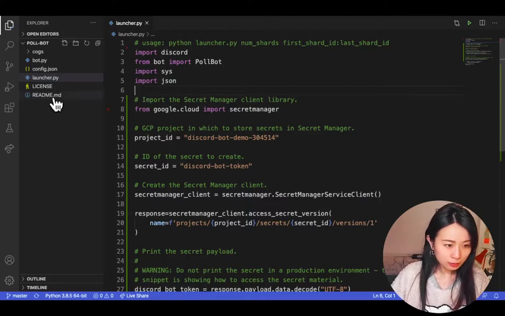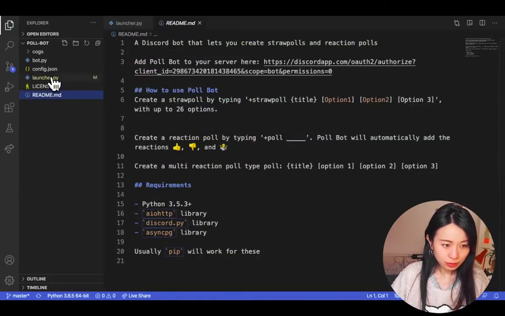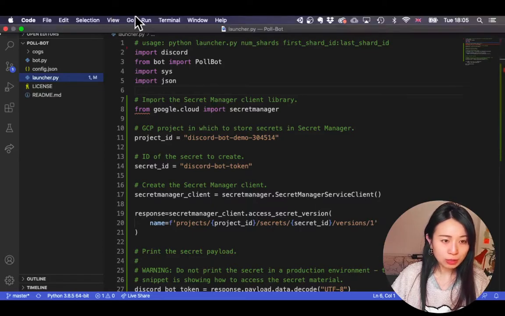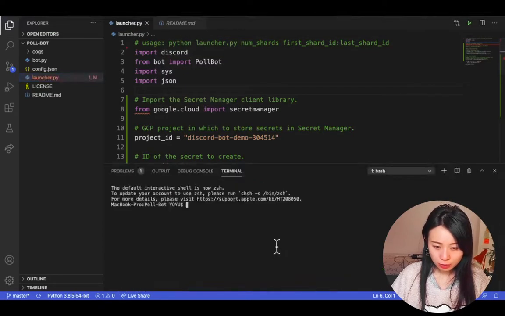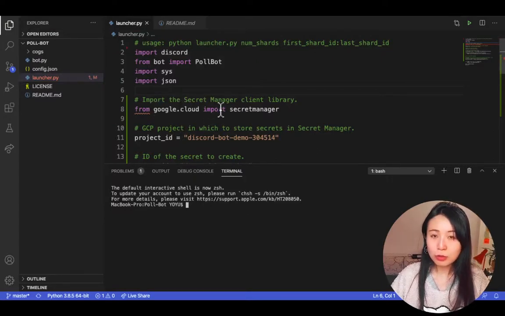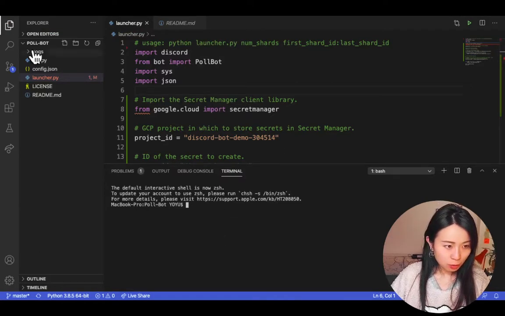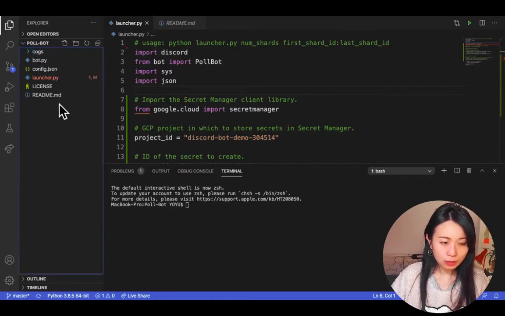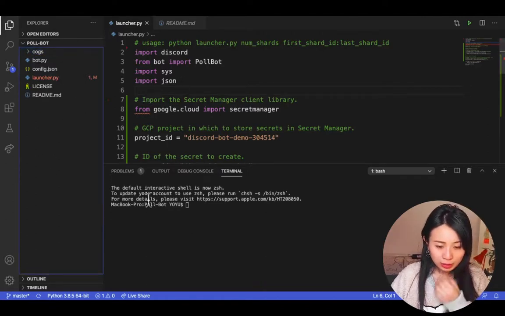Because in this repository they haven't installed the Google Cloud Secret Manager, I have to open the terminal and install it. I also noticed that this project does not come with a requirements.txt,